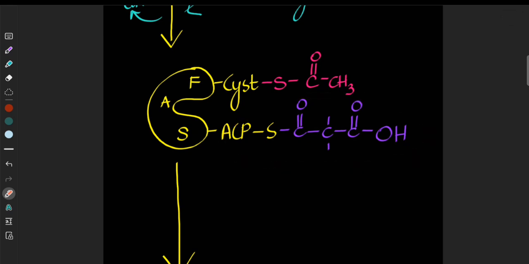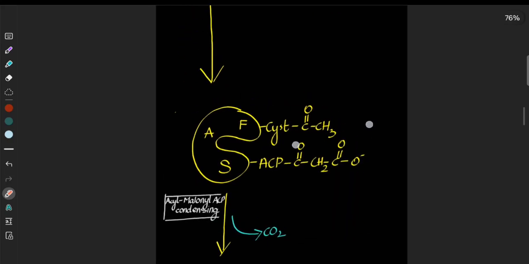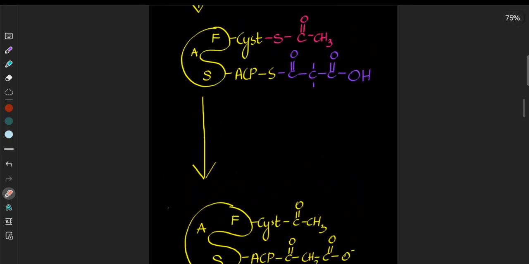Now what will happen is, okay, there will be a reaction. This particular cysteine was sent above. First it was attached to the ACP group, right? Now it has been sent to the cysteine group. Now this cysteine will come and attack this particular bond. Okay, so we can see that this carbon, and then this carbon will form a bond, and then C double bond OOH, that is the carboxylic group, will be